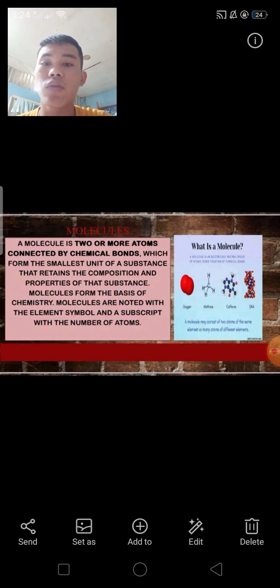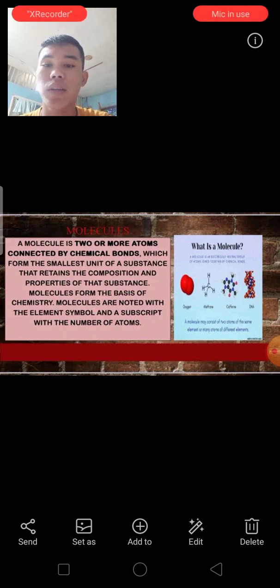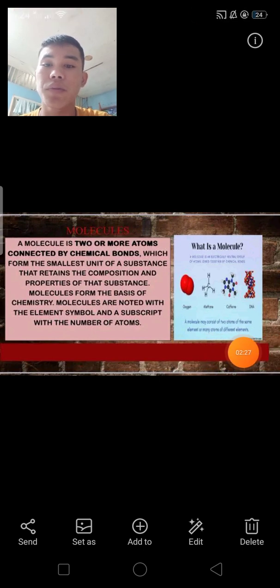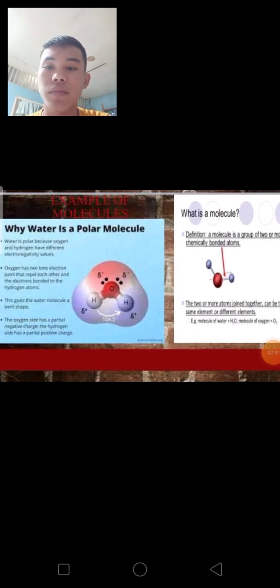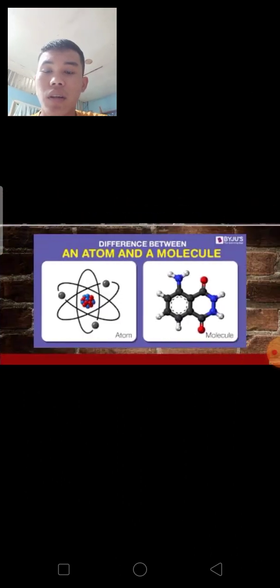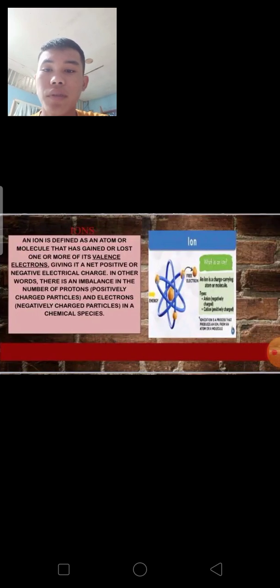A molecule is two or more atoms connected by chemical bonds, which form the smallest unit of a substance that retains the composition and properties of that substance. Molecules form the basis of chemistry. Molecules are noted with the element symbol and a subscript with the number of atoms. An ion is defined as an atom or molecule that has gained or lost one or